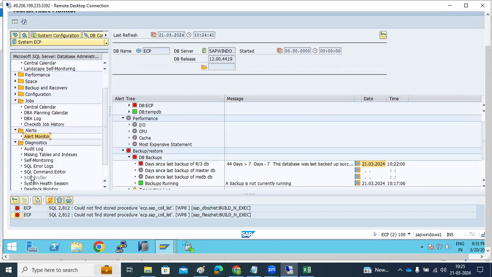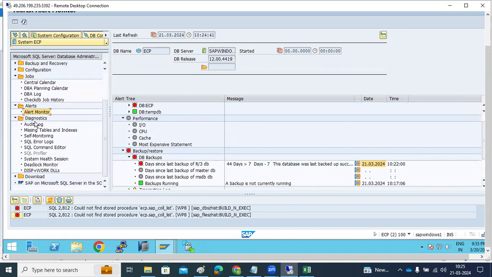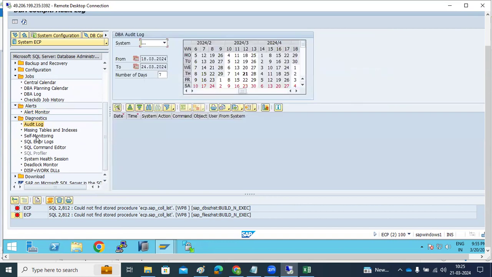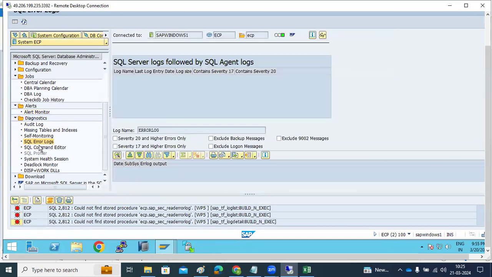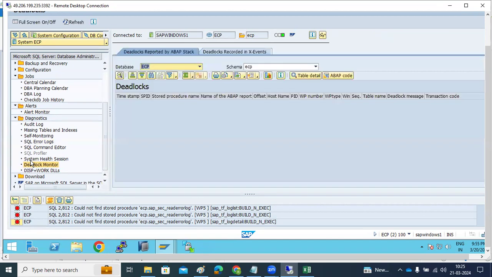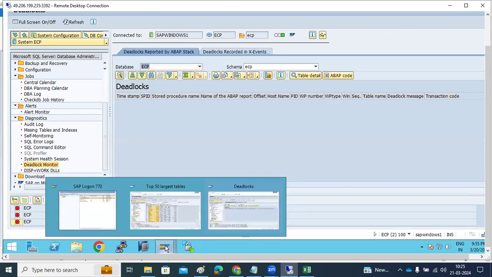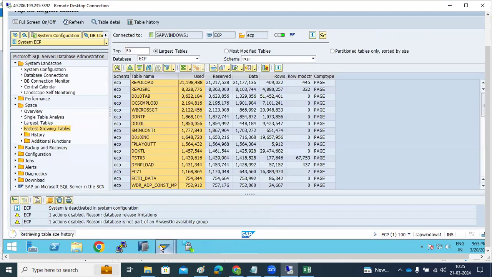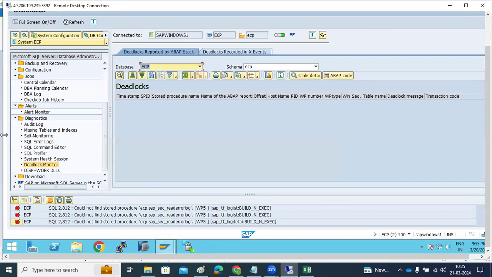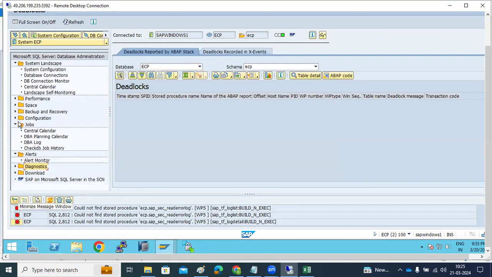And also diagnostic files. So log files, error log files here. Any errors, any database level issues, we can find out all the information from here. Any logs, error logs, any deadlocks in the system, we can find out from here. So this is the deadlocks related information here. So basically,